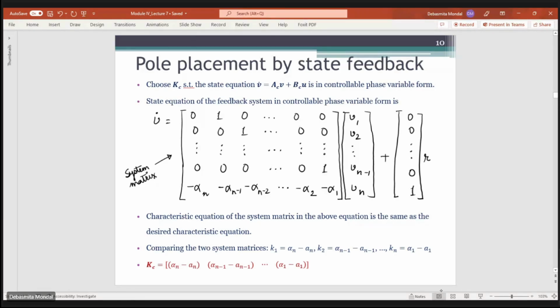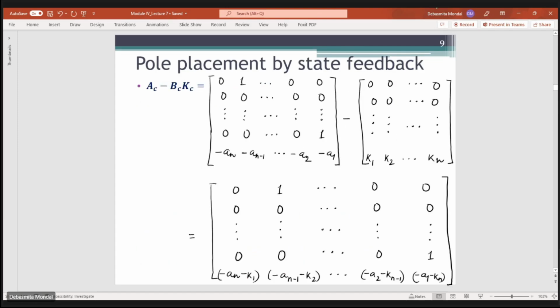This is in a controllable state variable form. So the state equation for that expression will look something like this. This is the state equation of the feedback system, which is expressed in controllable phase variable form. Now if you compare this equation with the system matrix given over here, Ac minus Kc into Bc,